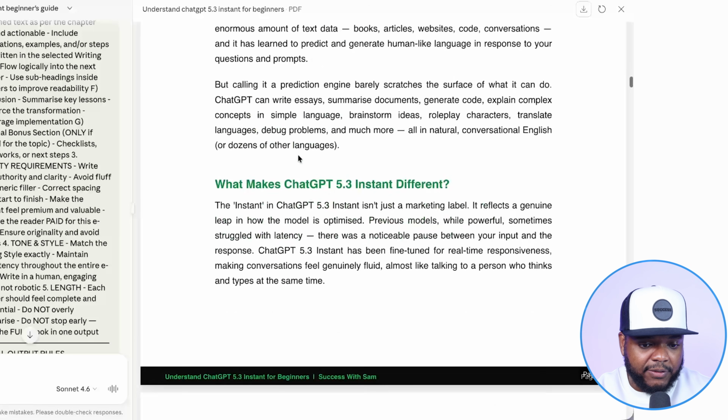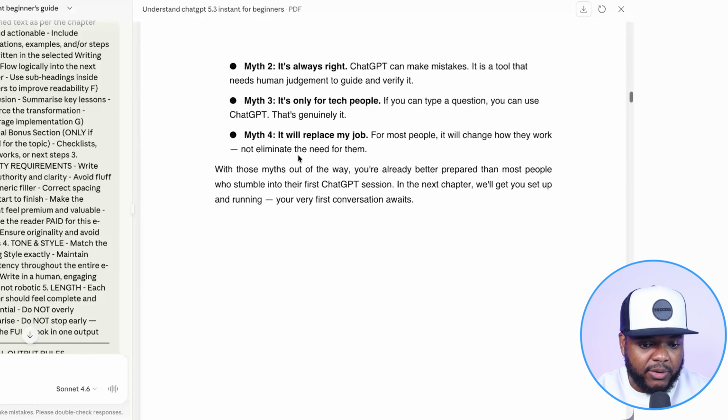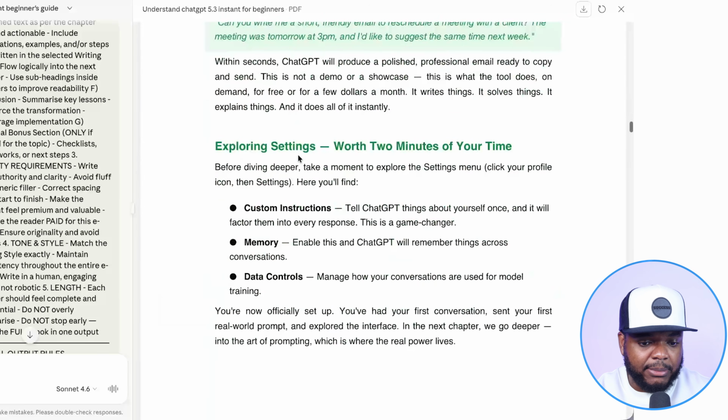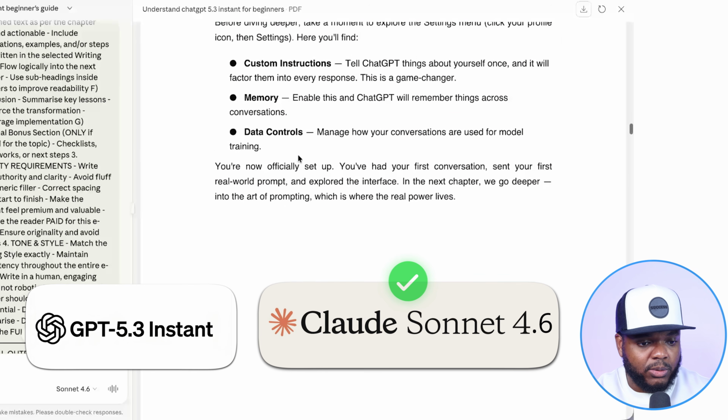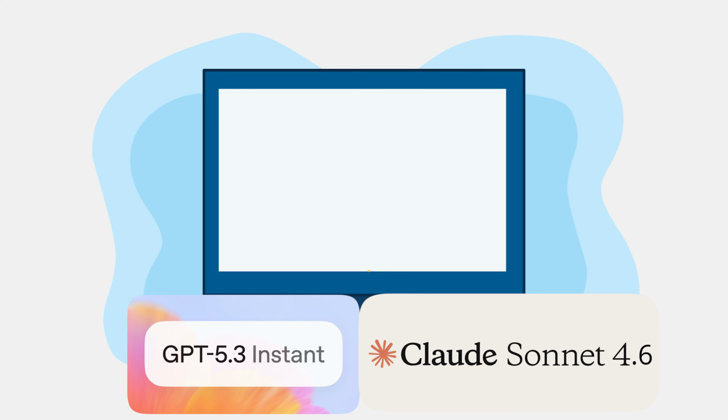Okay, so I would definitely say that chapter 1 looks better than what ChatGPT came back with. Everything is formatted. And yeah, just by looking at these 2 chapters alone, I would definitely say that Claude Sonnet 4.6 has won this round. But let's now move on to the second digital product use case that I'm going to put